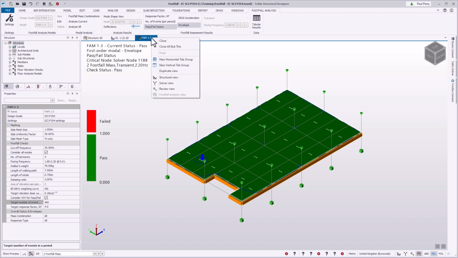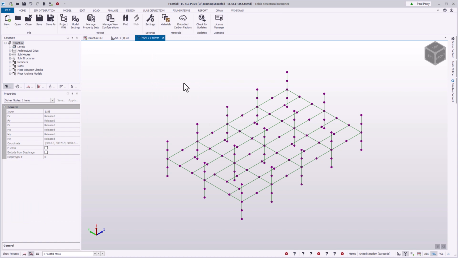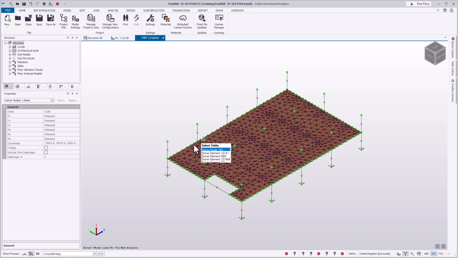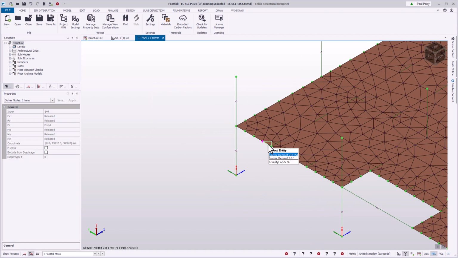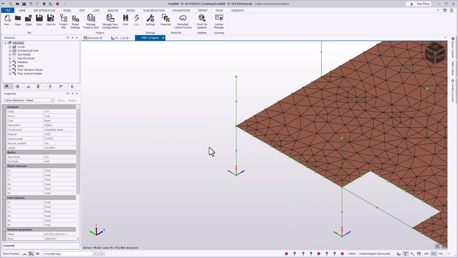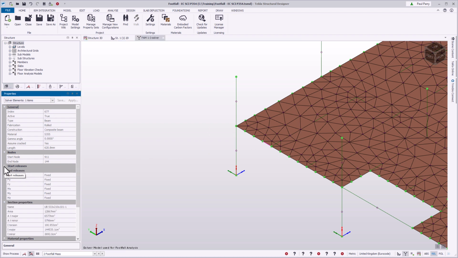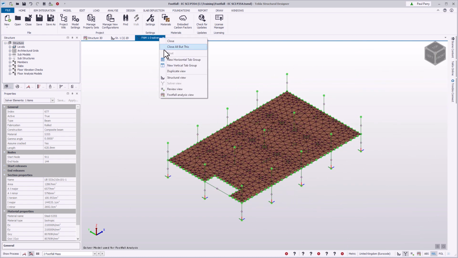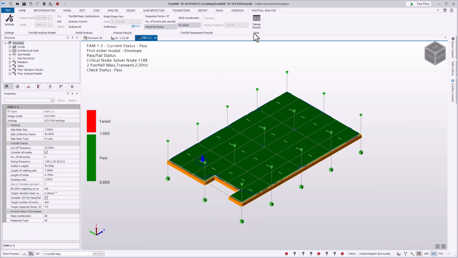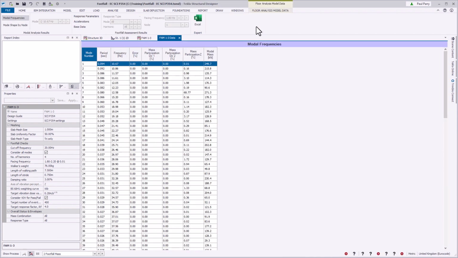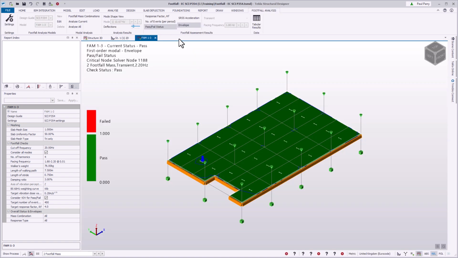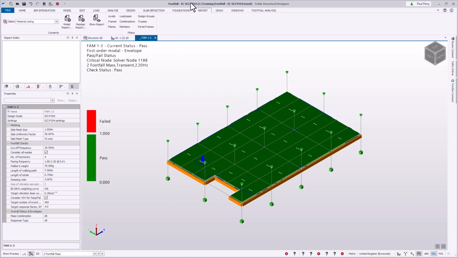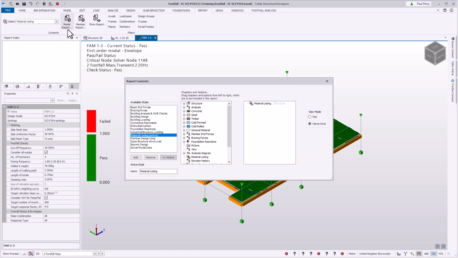The analysis is not a black box. You can investigate the underlying solver model and the section and material properties used. You can also view the model analysis and Footfall assessment results using the Tabular Results button and export to Excel. Finally, a detailed footfall assessment report can be created, which includes the heat maps,